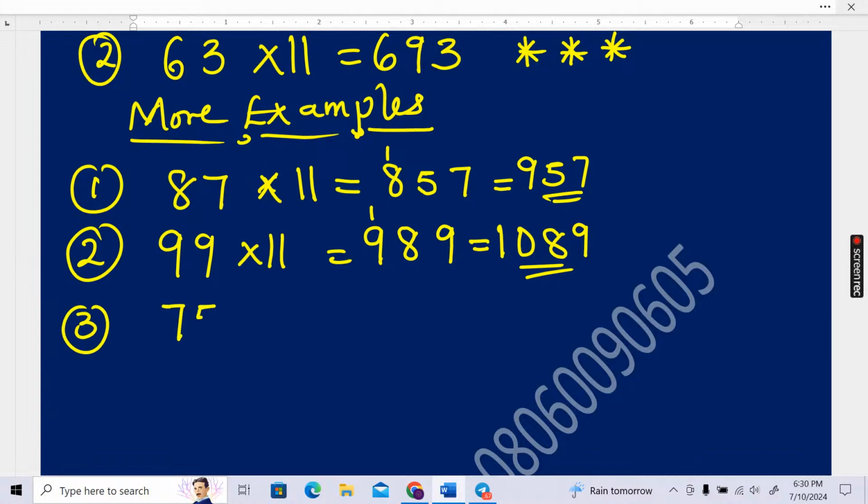Here is another example. 75 times 11. Write down 7 and 5 with a space in between them. Then add the two digits together. When you add 7 to 5, you have 12. So write 2 and carry 1 over. So the 1 will be added to 7. That will give us 8. And the answer is